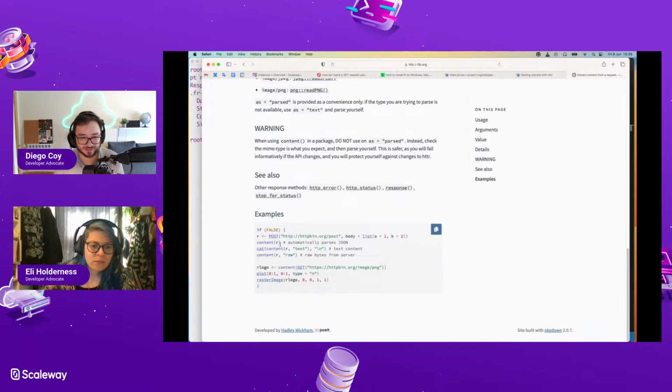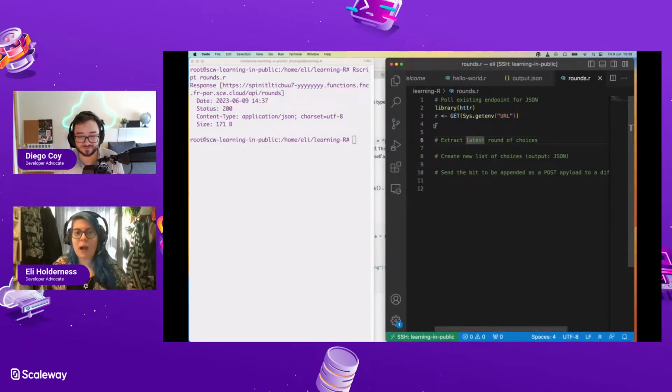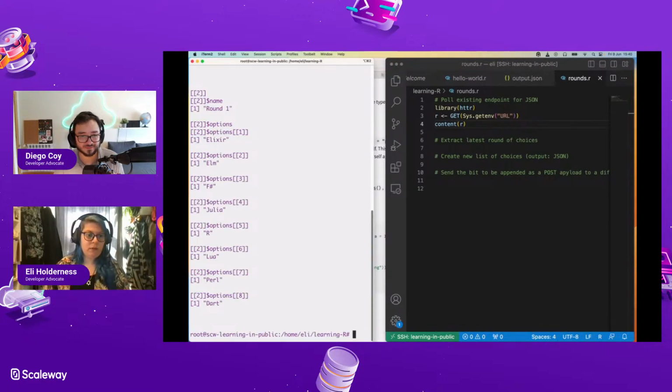So the content of R, the request, and then you display it as text. Yeah, maybe. Let's see what happens if I print out content R instead of just printing it itself.